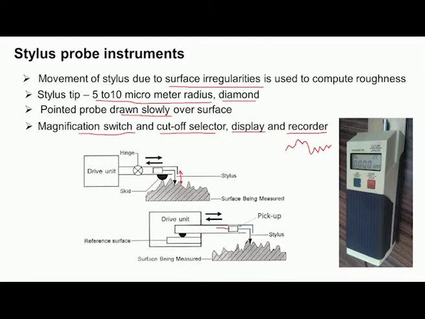Now, here you can see a commercially available instrument. You can see the various buttons. This is the button to switch on the instrument, and then for starting the movement of the stylus. You can see this is the display device, and the cutoff length selected is 2.5 millimeter, and it is showing an Ra value of 0 micrometer. By operating this data point, different parameters can be selected, and the value of that particular parameter is displayed here.